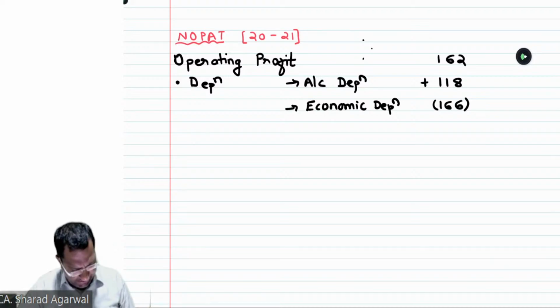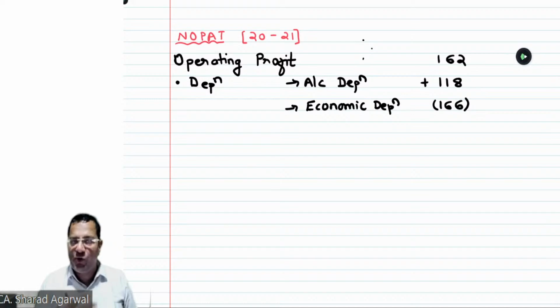Okay, Shrivani, correct answer. Bhavin, your answer is also correct. There will be no effect of economic depreciation of the financial year 1920 while calculating the NOPAT, because again and again the same point I will remind that NOPAT will be of the current year. Any transaction which has occurred during the financial year 2021, that transaction only will impact the NOPAT if that transaction has been covered under the 160 adjustments provided by Stern Stewart.